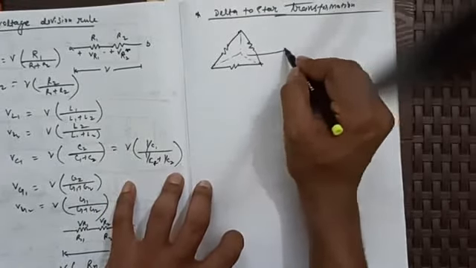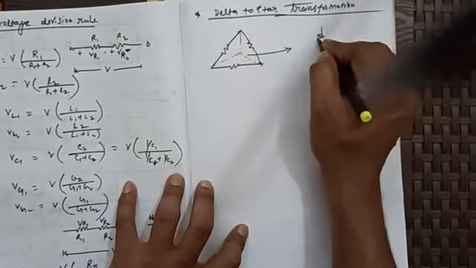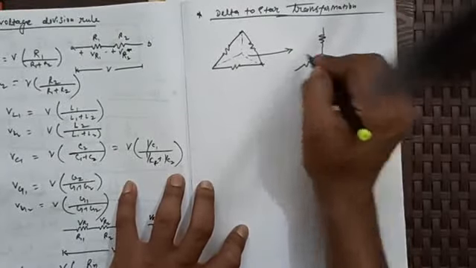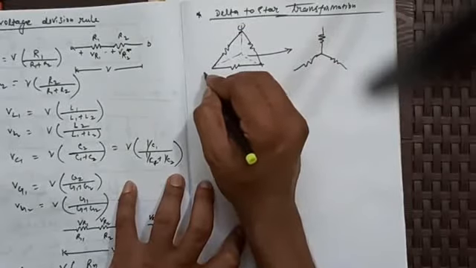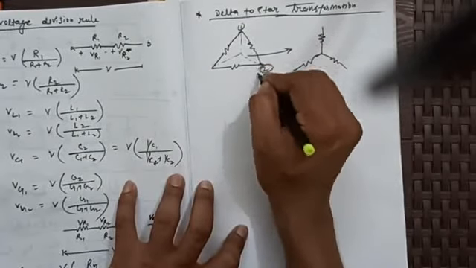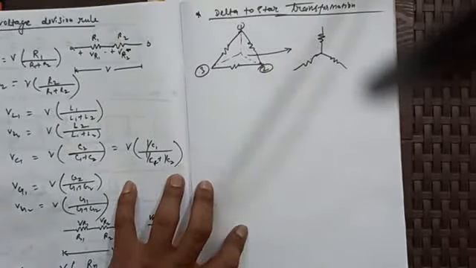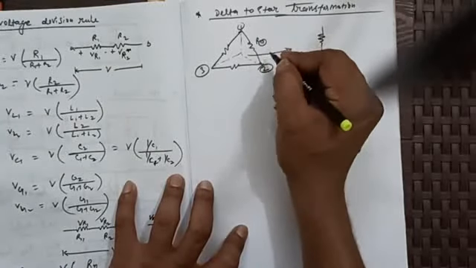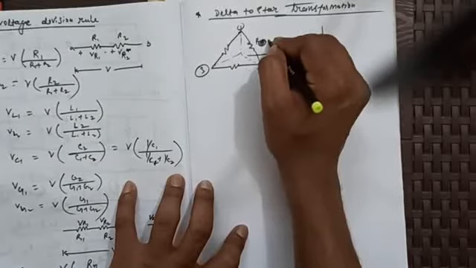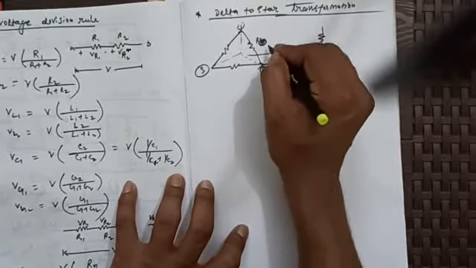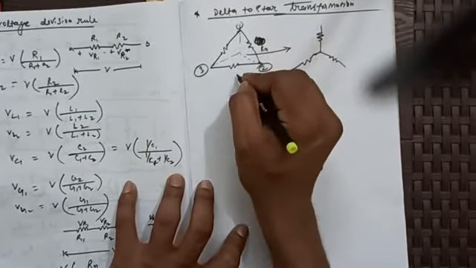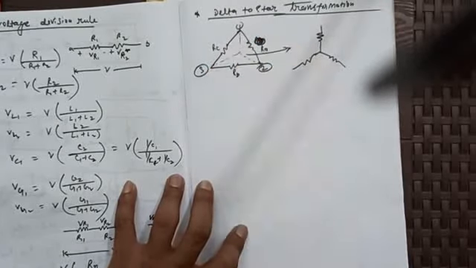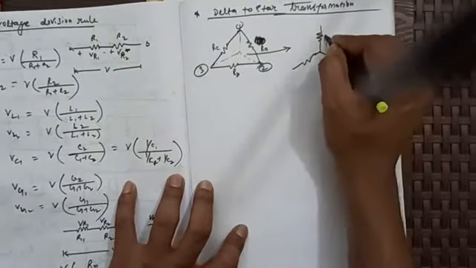Now if this star is written as here, this is terminal 1, terminal 2, terminal 3. If this is RA, RB and RC, and if it is R1,